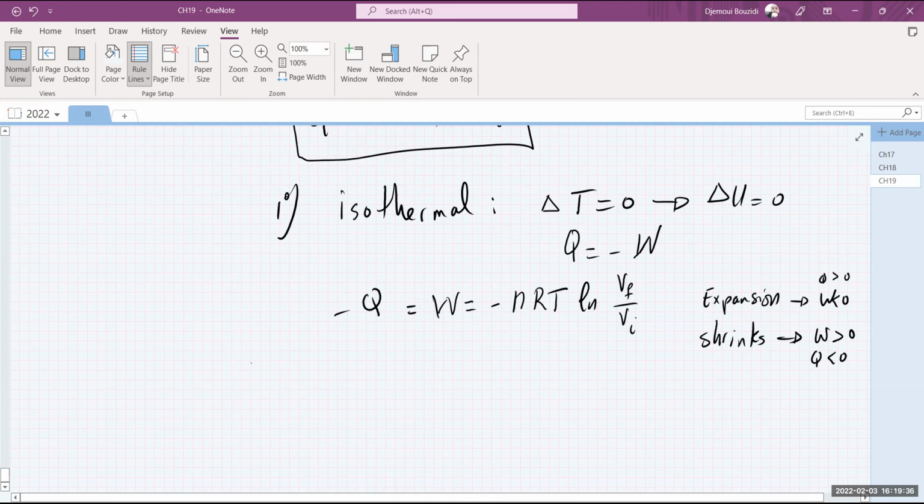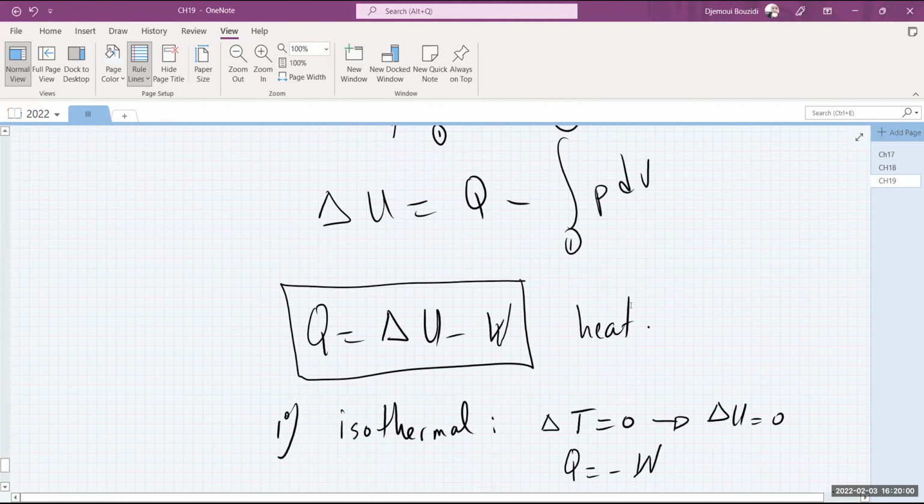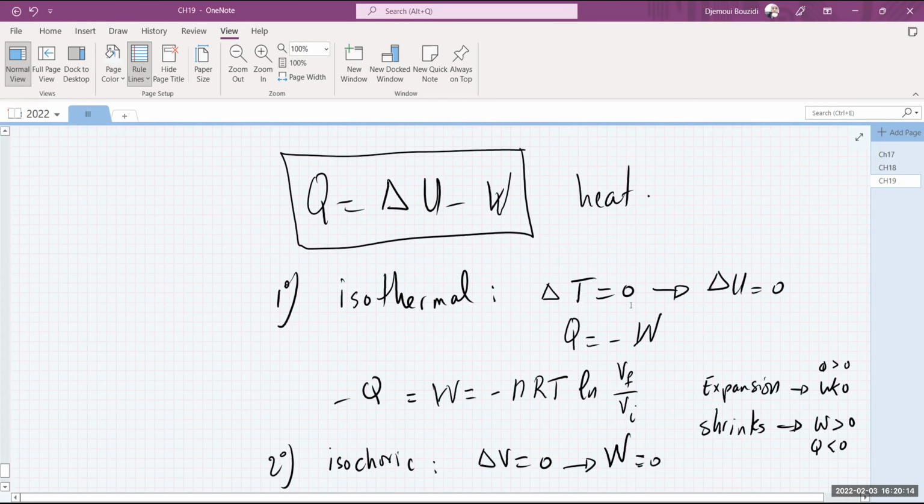The other process that we identified, also kind of easy, is an isovolumetric process, or an isochoric process. And this is by definition, delta V doesn't change. The volume doesn't change. From here, immediately we know the work is 0 because of this expression. If the volume doesn't change, then the final volume is equal to the initial volume. No matter what, dV is 0. So the infinitesimal work dW is 0. And if you sum 0 in a bounded integral, you're going to get 0, because the final value and the initial value are the same. So it's going to be 0 no matter what.